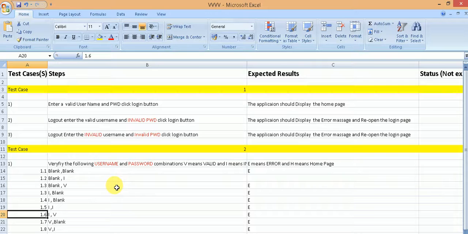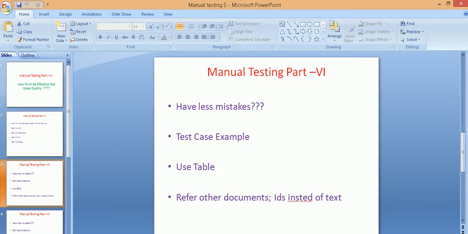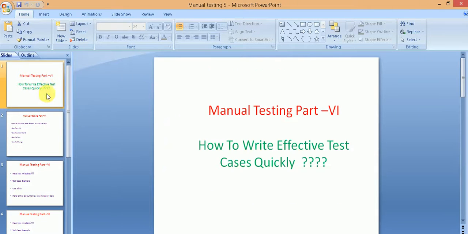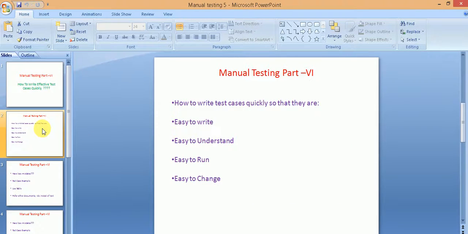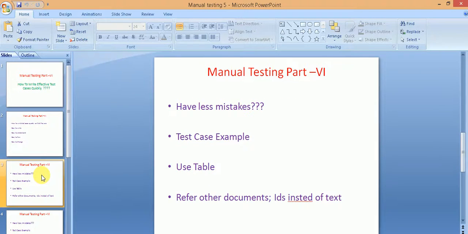Now let us take a moment to recap what we have learnt. So how to write effective test cases quickly, so that they are easy to write, easy to understand, easy to run, easy to change, and have fewer mistakes. The solution lies in